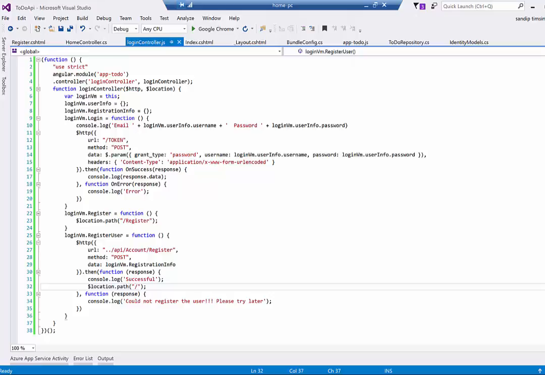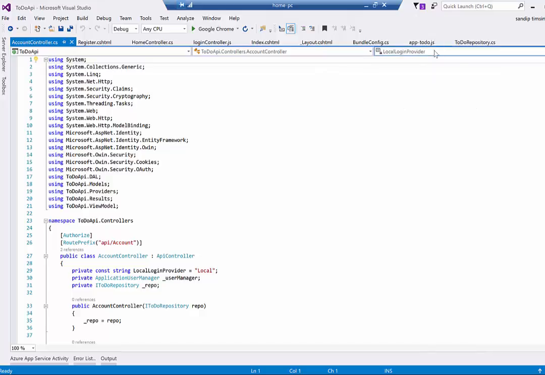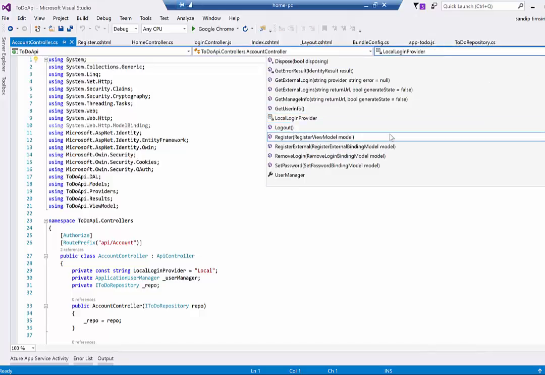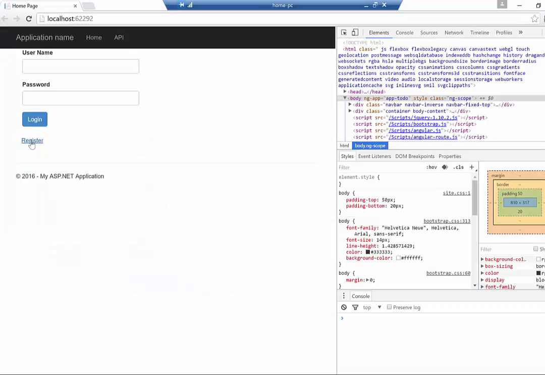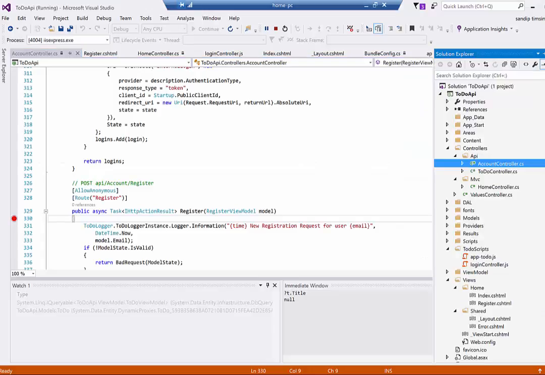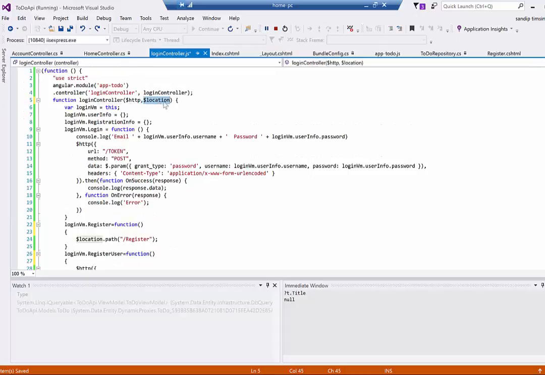Let me place a breakpoint in the register function. Register. So this is the one. Let me put a breakpoint here. So let's click the register. It is using the Angular routing, but we are not using Angular routing as of now. So instead of location, I would rather use window. So let's change it to